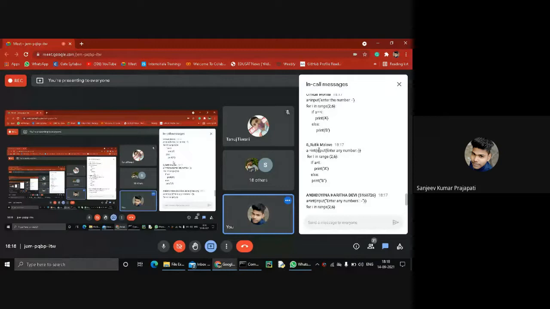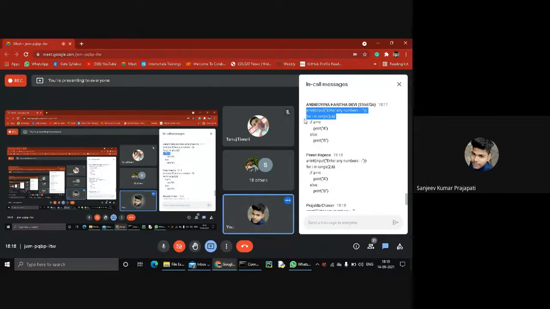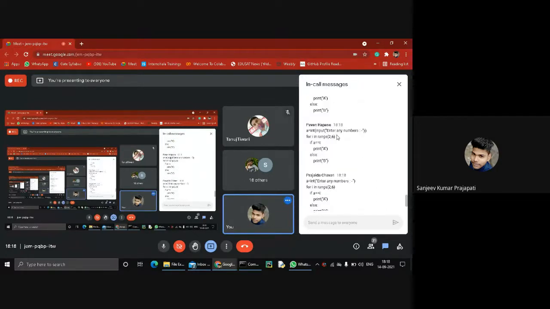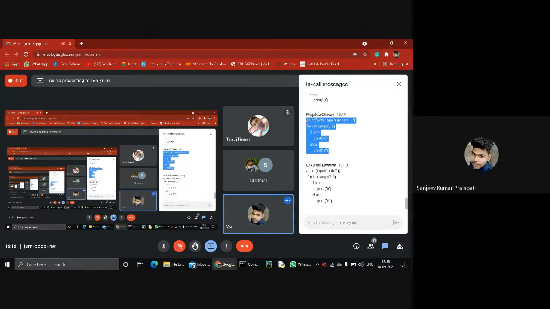Yeah, int input. Yes. Okay. Double quote is missing. Error in this case. Enter a number for int range. Yes, and again, colon is missing. Again, it's an error in this line. Again, colon is missing. Again, input method is missing. Error in this code.